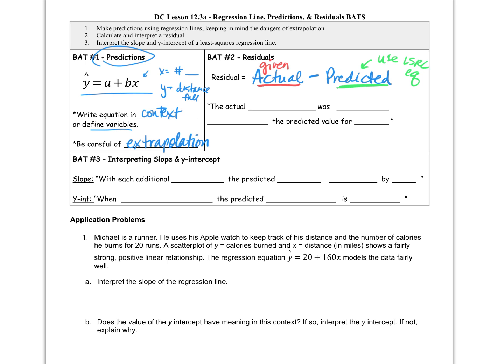Can you not read it? It's okay. It's either in the problem setup or it's in a table. They will give you the actual. You have to find the predicted, and then you have to subtract in this order, A minus P, not P